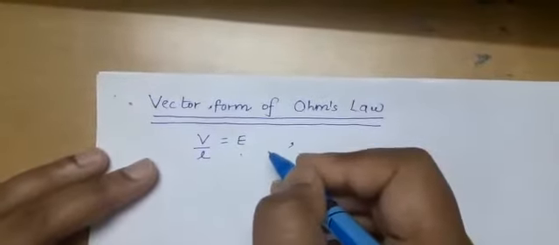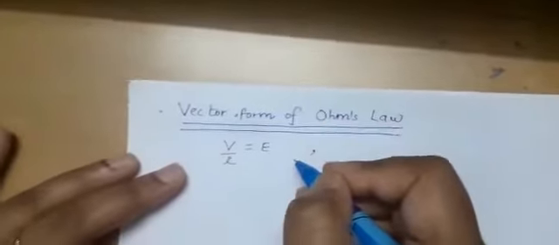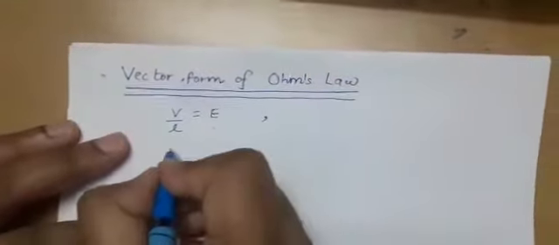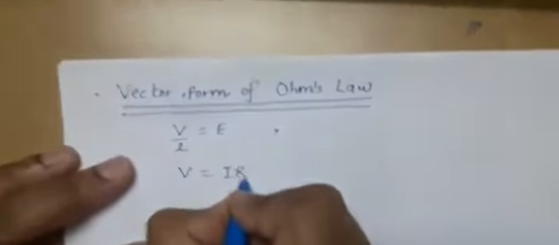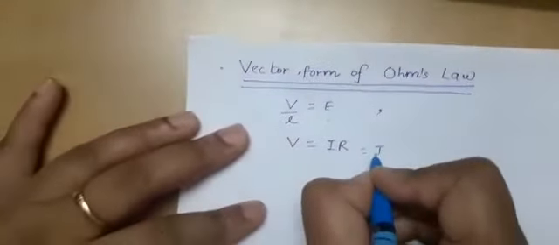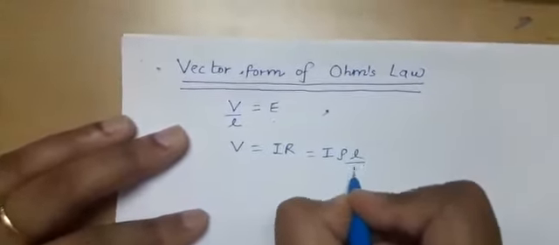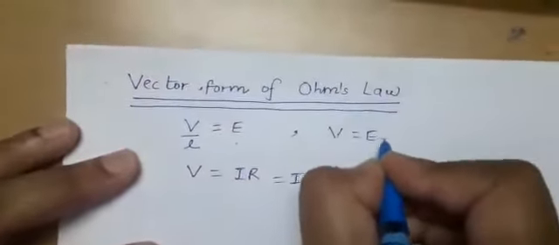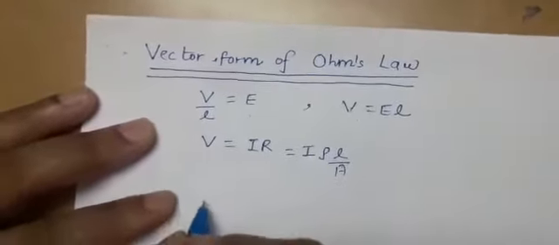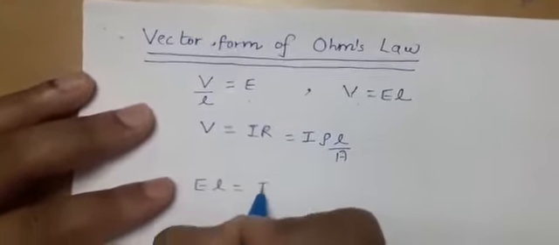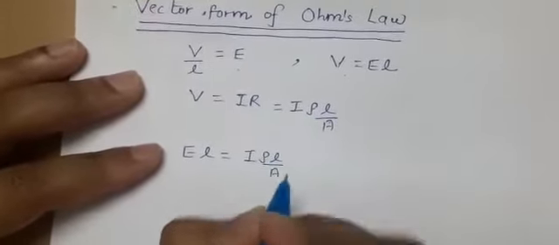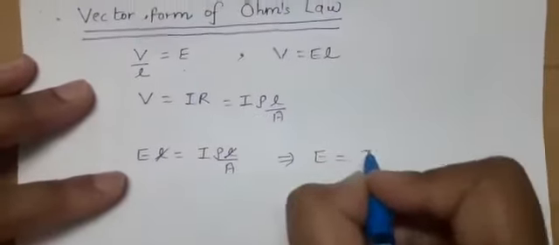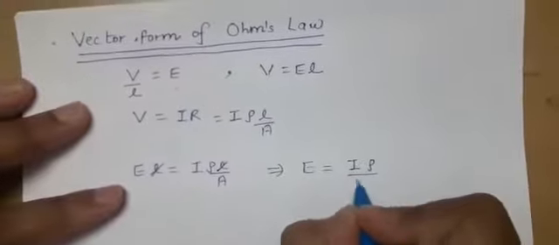For that, we know that the potential difference applied across the ends of a conductor will produce a certain electric field. Now, as we know from Ohm's law, V is equal to IR, and resistance as per the expression is rho L upon A. So from this we can get that V is equal to E into L. Substituting this V here, you get EL equal to I rho L upon A. From this, as L will be cancelled out, the electric field comes out to be I rho upon A.